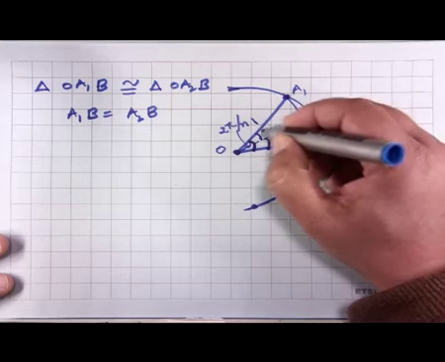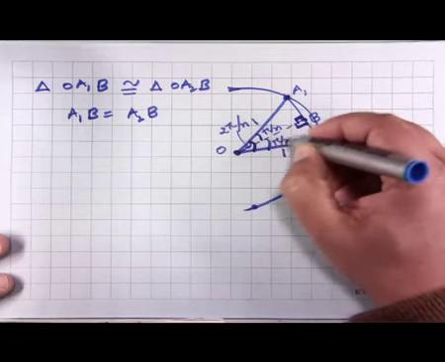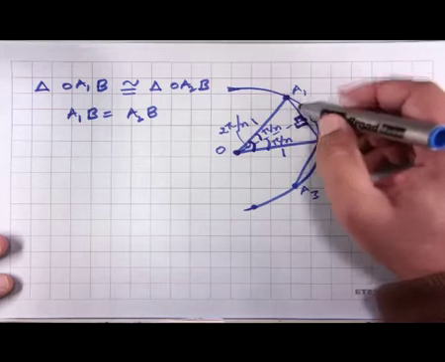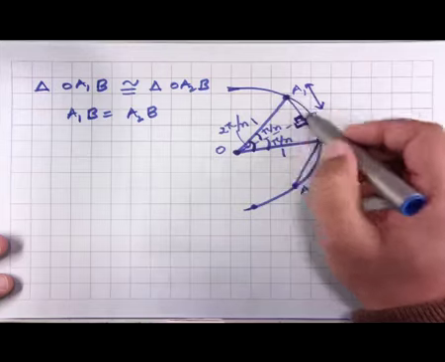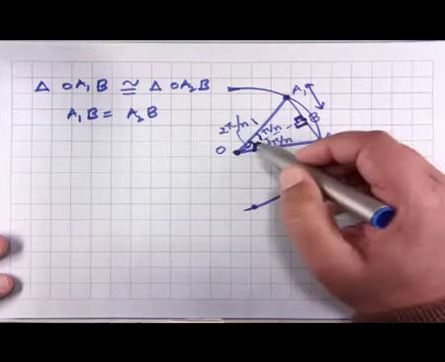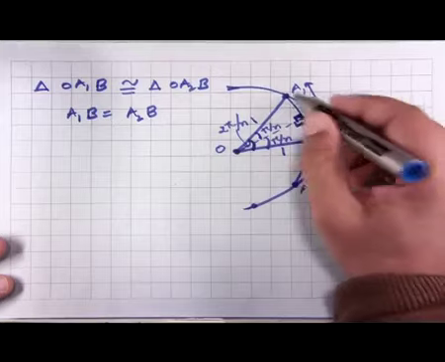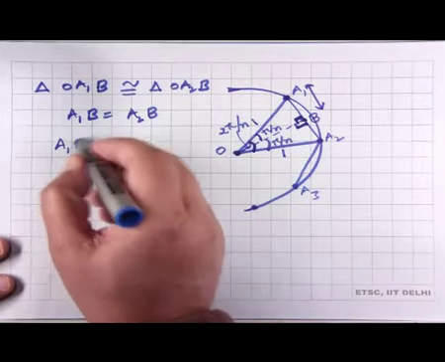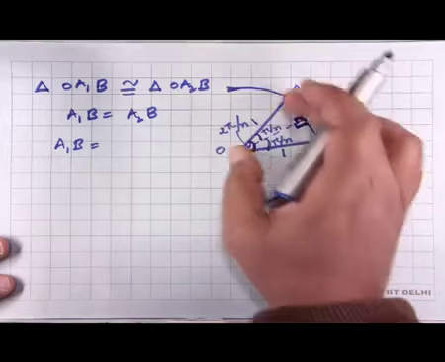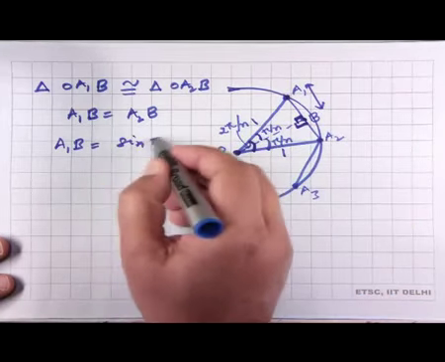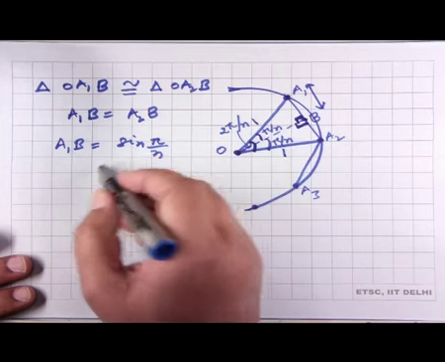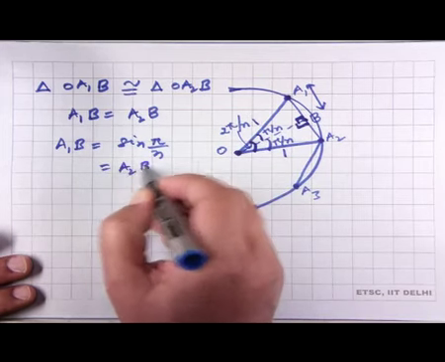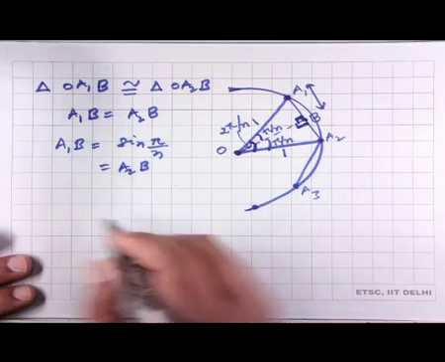Therefore, each of these angles is pi over n, and then it is easy to find this length A1B, because if we see this right angle triangle OA1B, then A1B is equal to 1 times sine of pi by n, right, and that length is also equal to A2B, and therefore, the